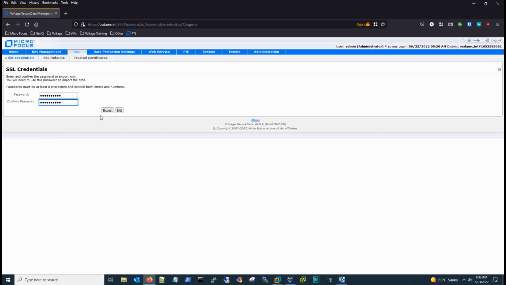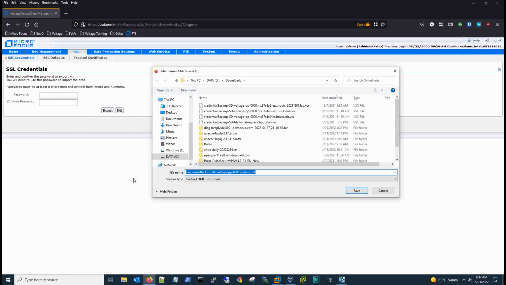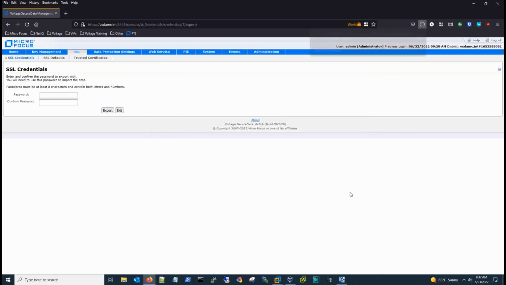This action, once you click export, is going to prompt you to save the file called credential backup, followed by the name of the actual server name. What I normally do is I also append the date to it, and that's my choice. So that way I know exactly from what date I saved it. Once you have the credential saved,